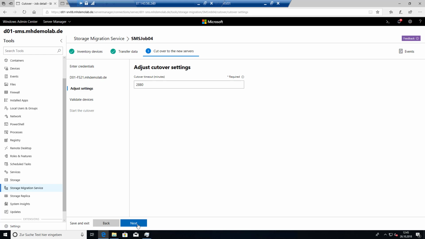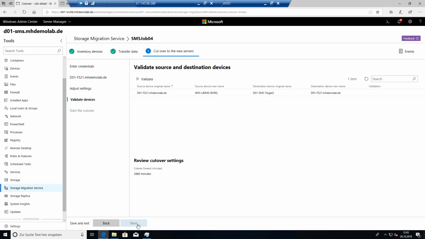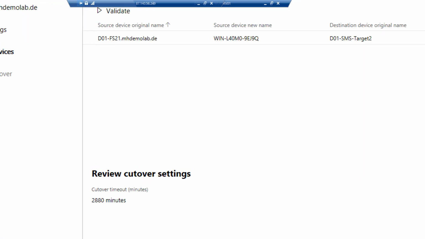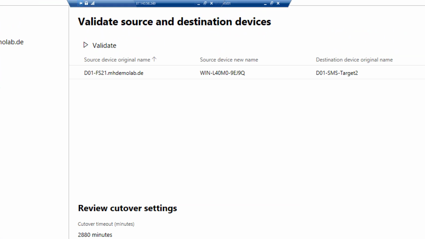And then we have the validation. Here we can see what will happen. The source server actually has the Windows computer name D01-FS21. The source device's new name will be WIN-L40M0-9EJ9Q. This is a randomly generated name, so the old server is renamed.